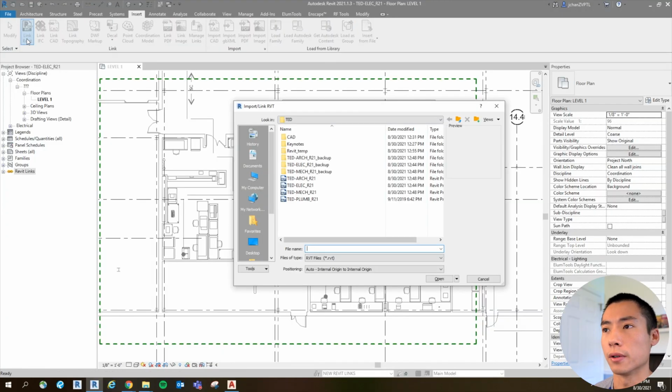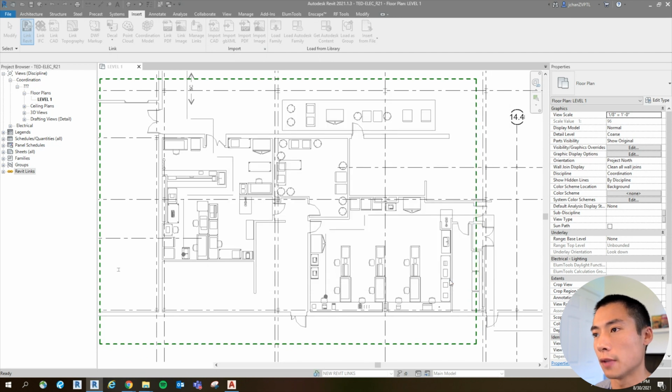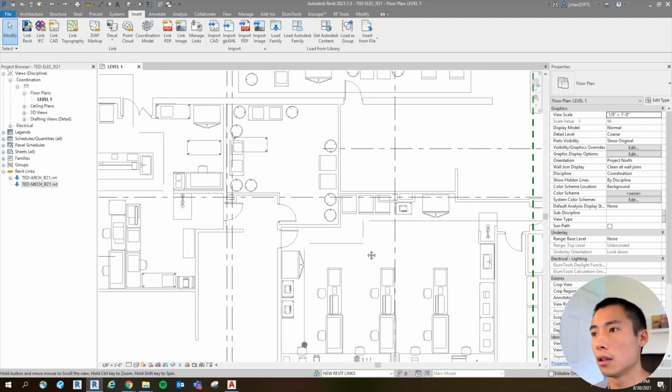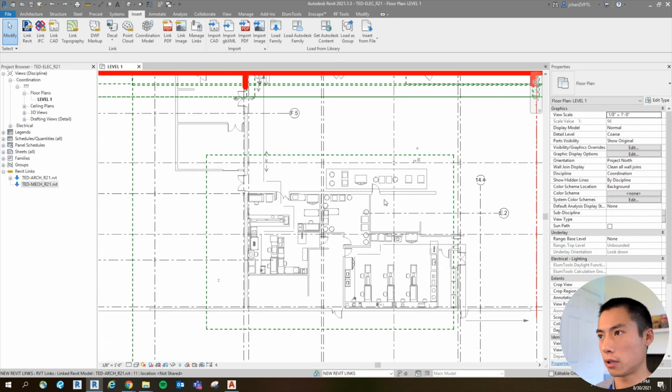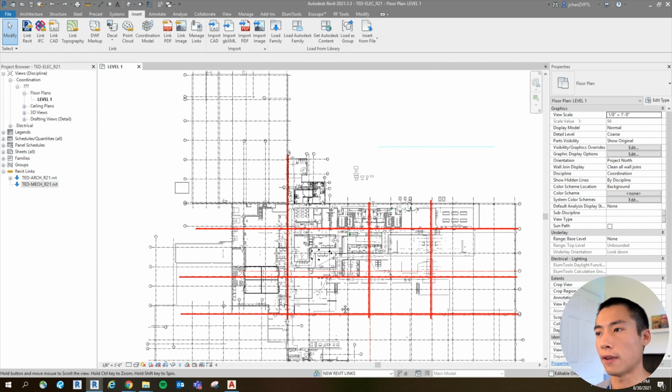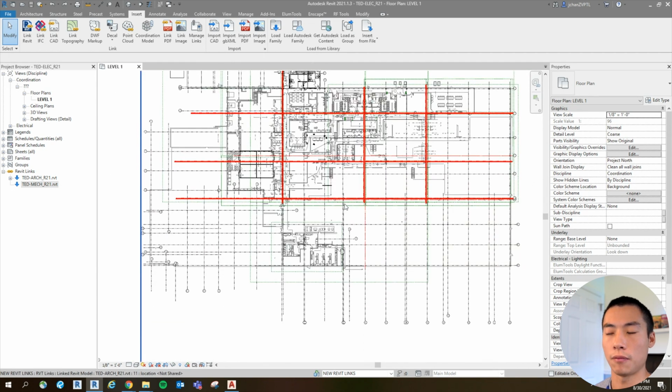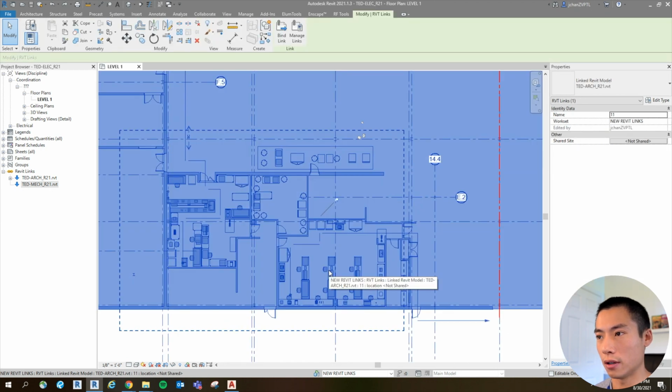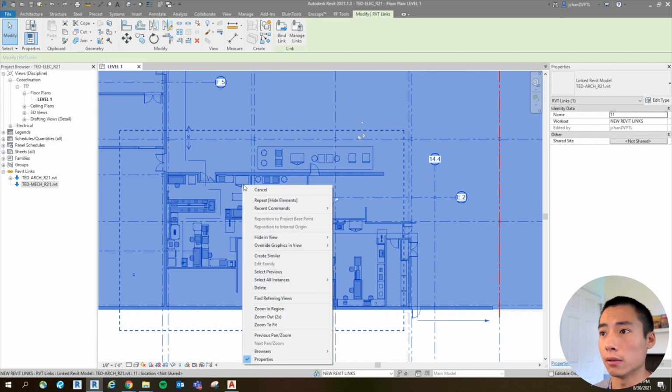We'll do mechanical as another example. So I go ahead and click mechanical. I'm just going to click open because I want everything to show up. And it should load right in. All right, so it looks like the mechanical model came in, but there's nothing in this view. So in order to find it, I generally do a hide and unhide method. So what that means is I would click on the view that's most prominent, and I know that's architect. So I can go ahead and hide in view by right-clicking,